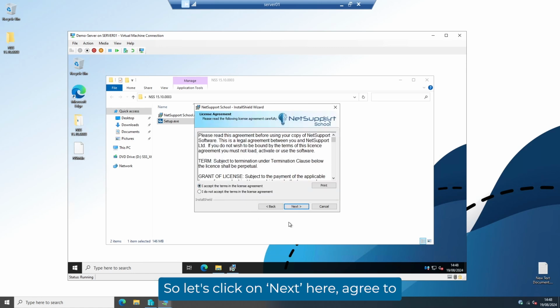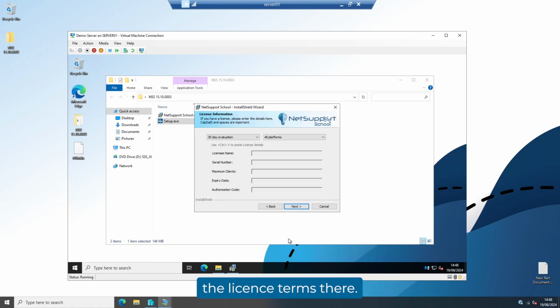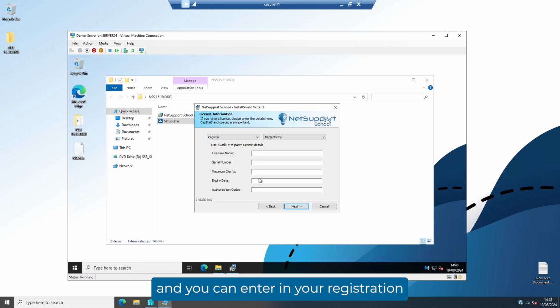So just click on next here, agree to the license terms there. And then we'll get this license screen. So if you've downloaded the software to evaluate, you can see we've got 30-day evaluation selected by default. Just click on next and it will take you to the next stage of the installation. However, if you're a customer who's purchased, you can change that to register and you can enter in your registration